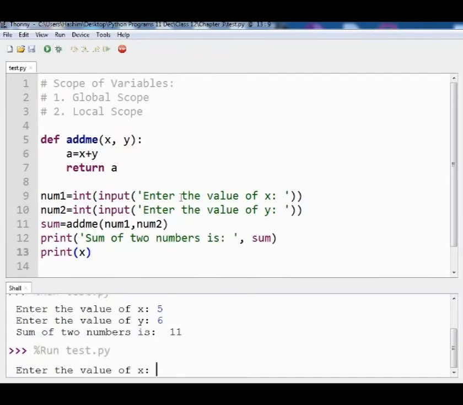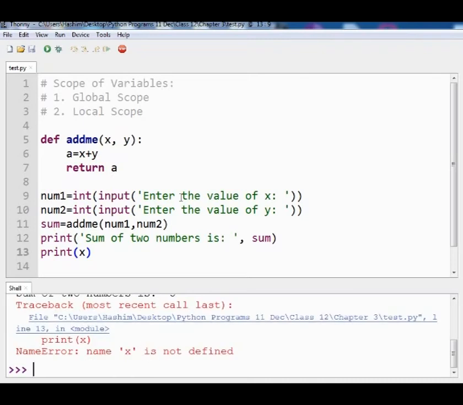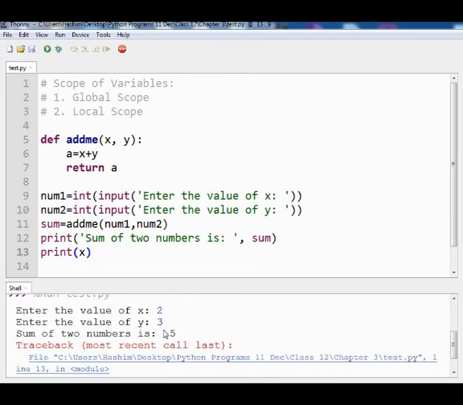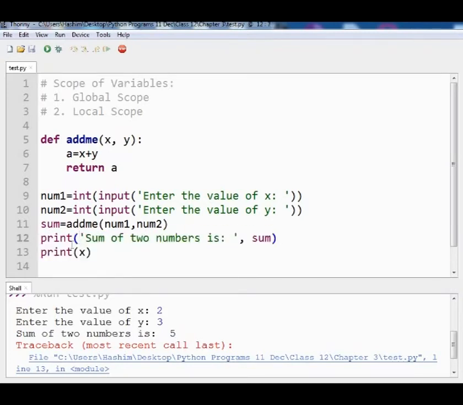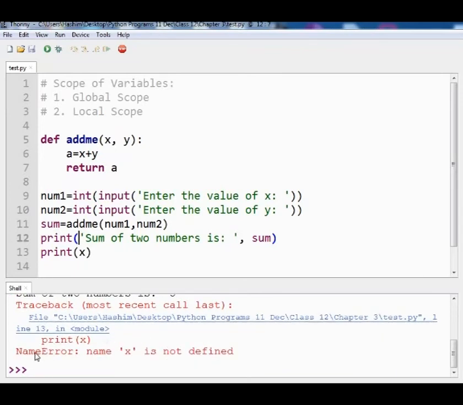So let us run the program and supply two values, and as you can see, after giving two values we are getting the sum. Till here the program runs fine till line number 12, but at 13 you are getting the error name x is not defined, but we have defined it. But still, why are you getting the error, name x is not defined? Because you are asking it outside the function.